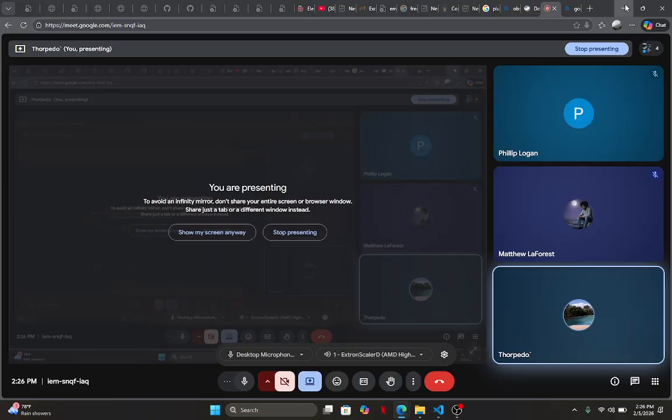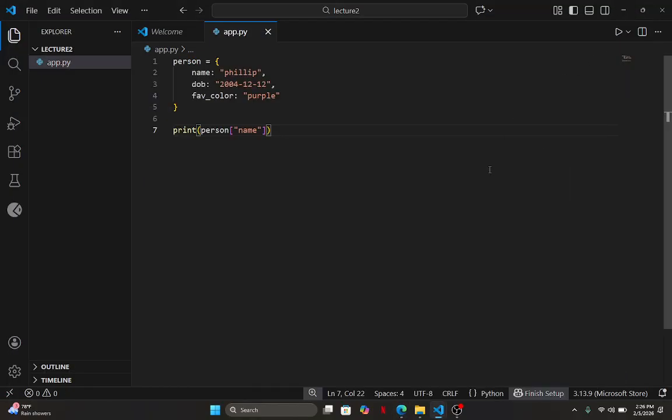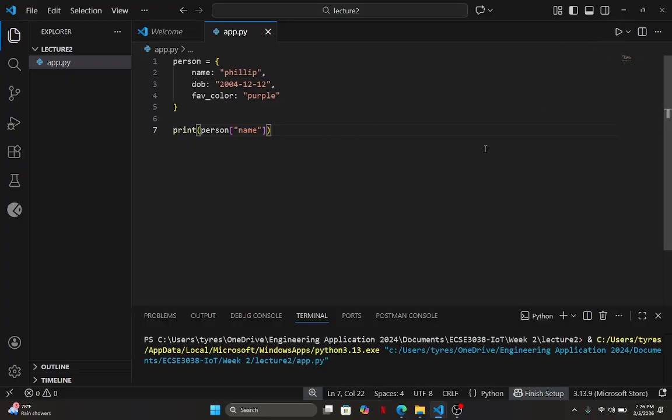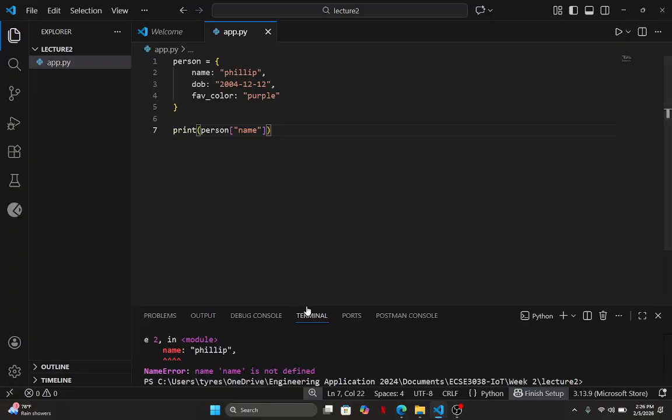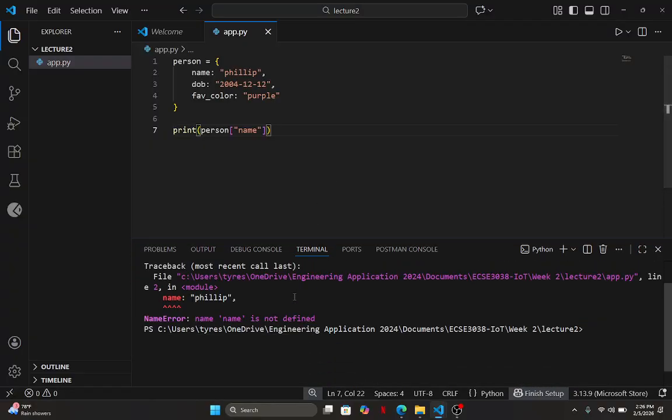Yes. All right, cool. So what I would do if I wanted to print this person's name is, instead of typing out Philip and printing that, I just say person, square bracket, name. And I can print this now, so let me just run this. And it should wait, why did it break? Name is not defined. Oh, I think this needs to be in double quotes, maybe. Really? Double quotes? Why is the name in double quotes for print? Okay, well, let me just run this and then I'll answer that question.